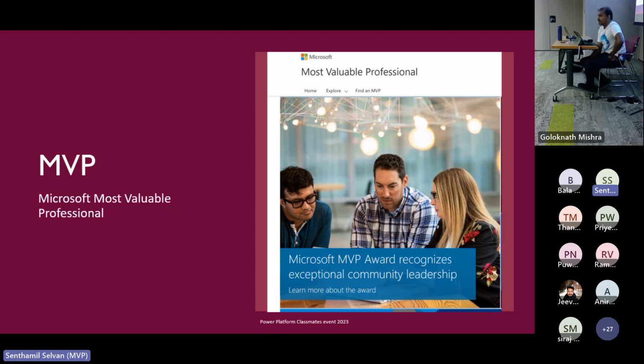And apart from that, once a year you get a chance to travel to the Microsoft headquarters. It all depends on how things go. It is not mandatory that you will travel, but there is a benefit for you to travel to the Microsoft headquarters, and you have a chance to meet with Microsoft experts.